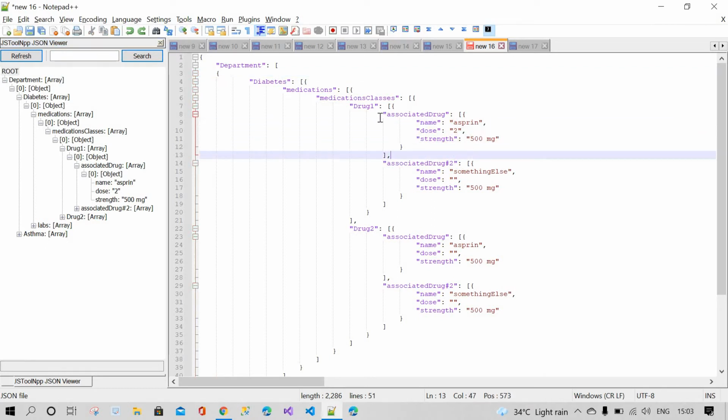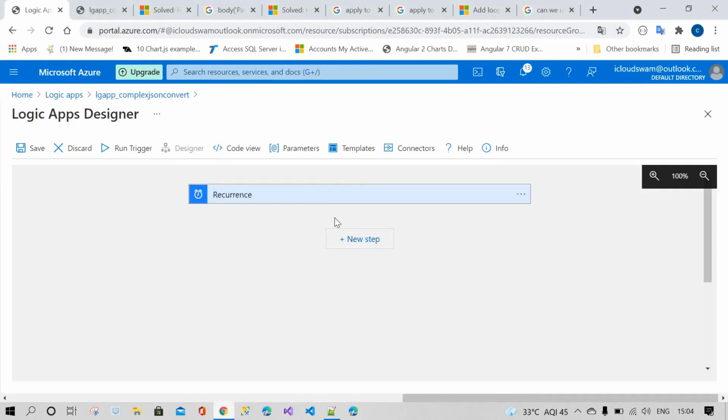I want to retrieve the items which are inside the drug one array. So how to achieve this? You can see there are 1, 2, 3, 4, 5, 6, a total of 6 arrays. You have to filter through all these 6 arrays, and finally retrieve these key values under drug 1 or drug 2, anything you wish. For that, we have to use the for each loop, because the items inside are multiple, so you have to iterate over them. So use the for each loop. Okay, let's start the operation.